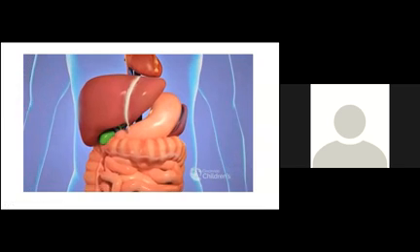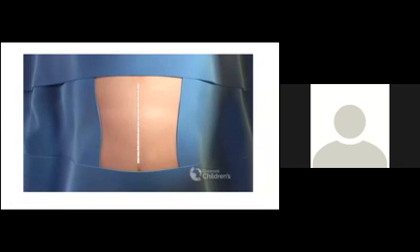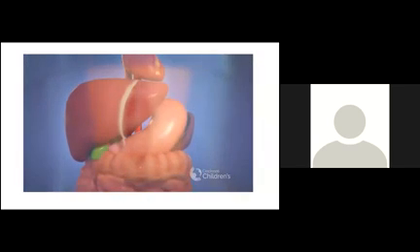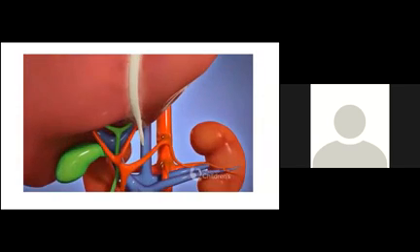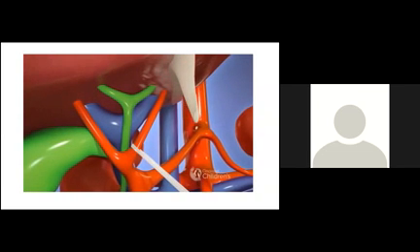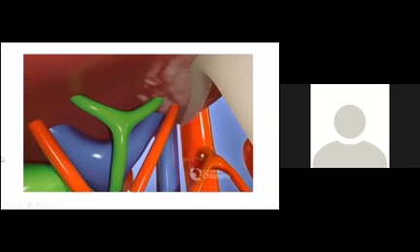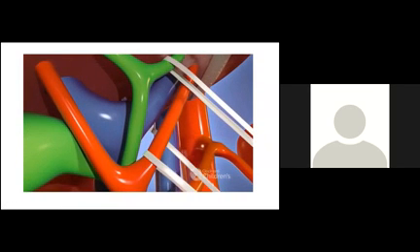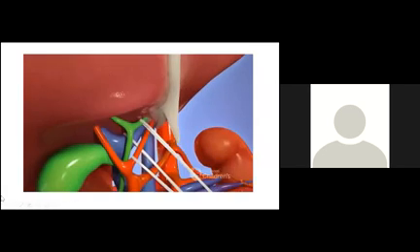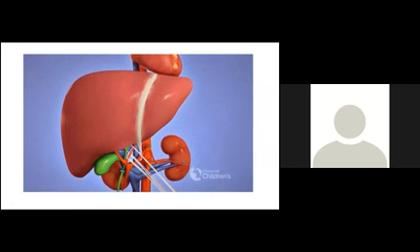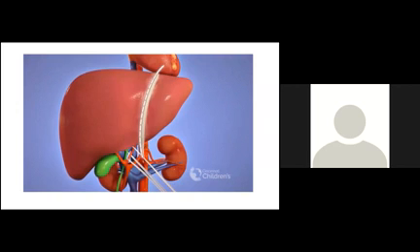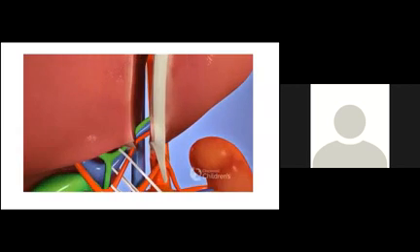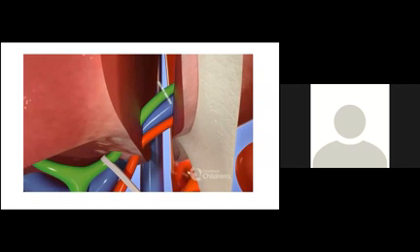The surgeon makes an upper midline incision from just below the xiphoid to just above the umbilicus. Once inside the abdomen, the surgeons will prepare the hepatic artery, portal vein, and the hepatic veins of the portion of liver to be used for transplantation. The designated section of the liver is then divided from the remainder of the liver with the blood vessels intact. The vessels to the portion of the liver to be used for transplantation are divided.